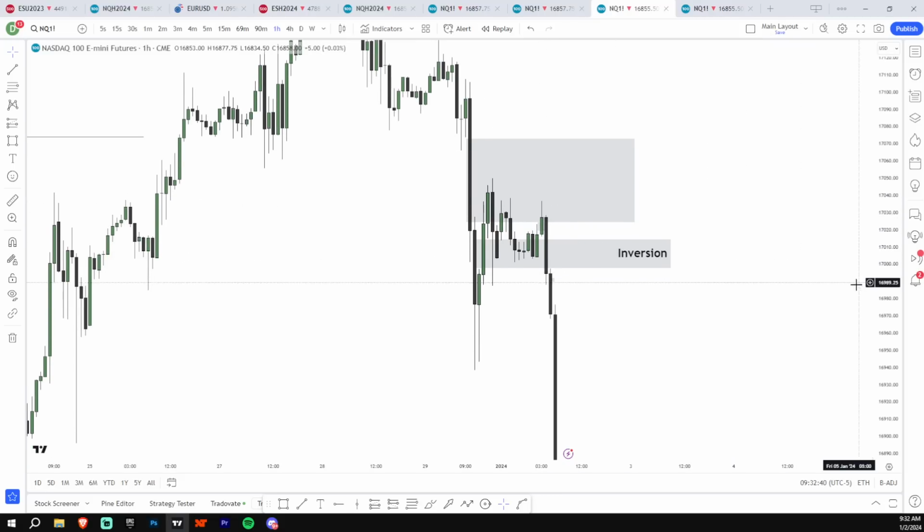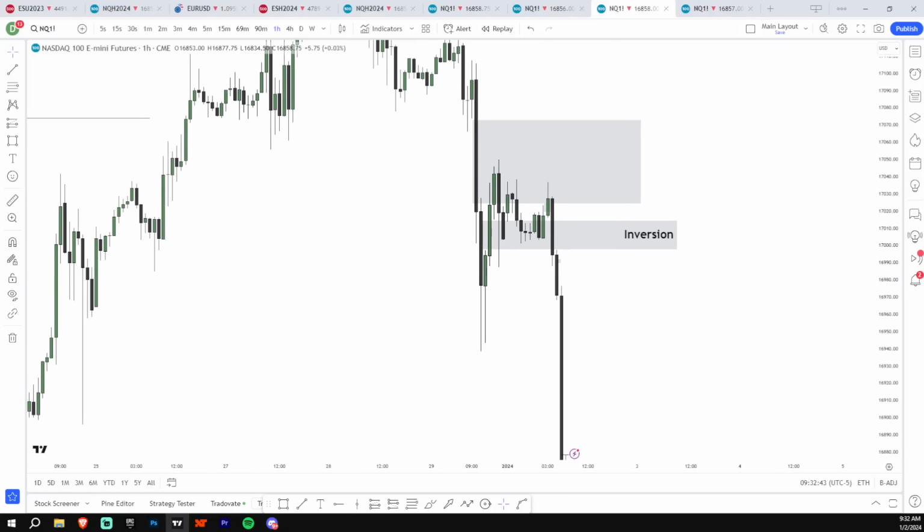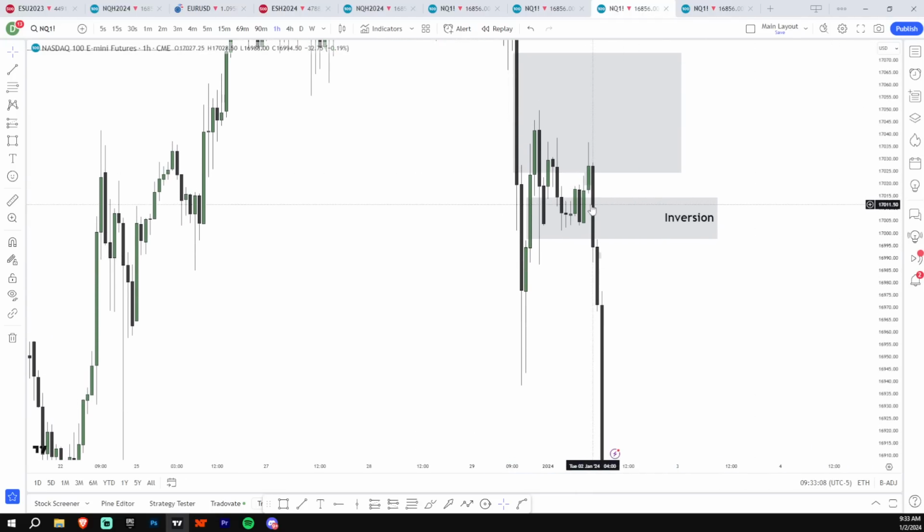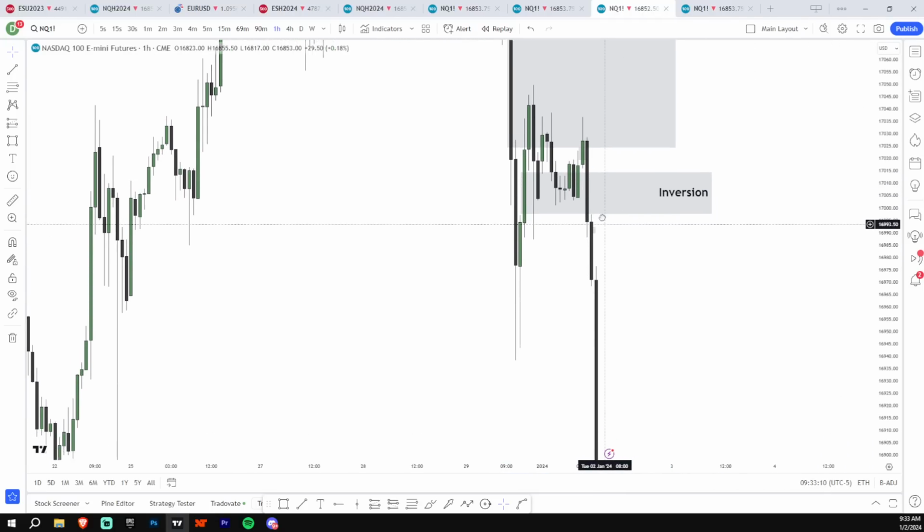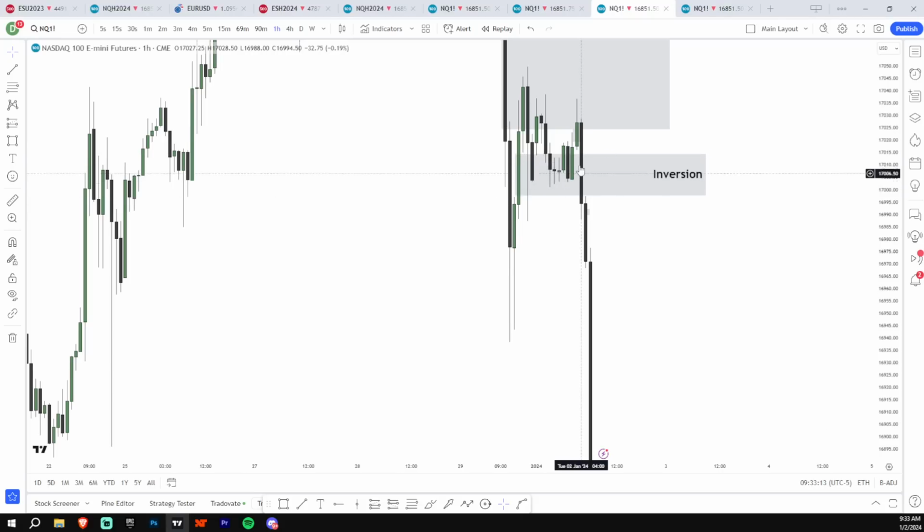And what did I say was confirmation for the short, for us rejecting it in the video? What were my 2 conditions? Yeah, I said if we break this bullish fair value gap right here, likely we're gonna go down. So you can see we end up closing below this. So I don't enter off the 1 hour, but this gives you a lower time frame entry most likely. And then your targets would be here.